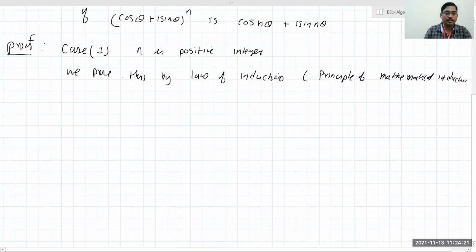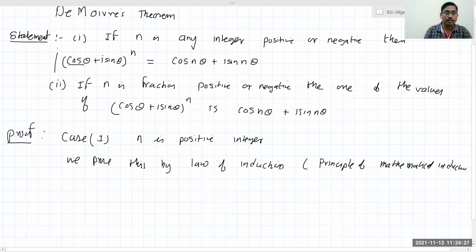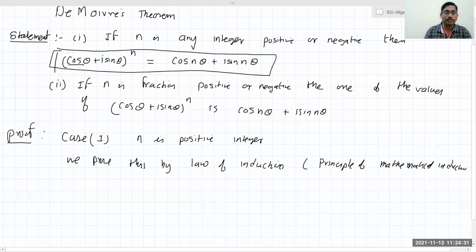So the law of induction I will state. We have to verify that the given statement is true for n equal to 1. This is the first part. Then, assuming the statement is true for n equal to k, we prove that it is true for n equal to k plus 1. That is, if the bus is coming today at 7 o'clock, show that tomorrow also the bus comes at 7 o'clock. So today, tomorrow, it will come all days.